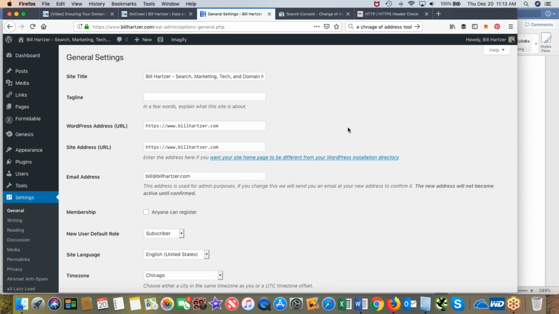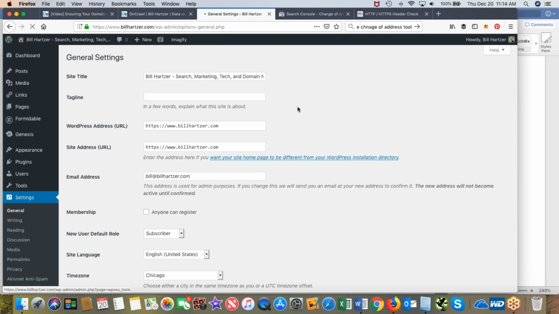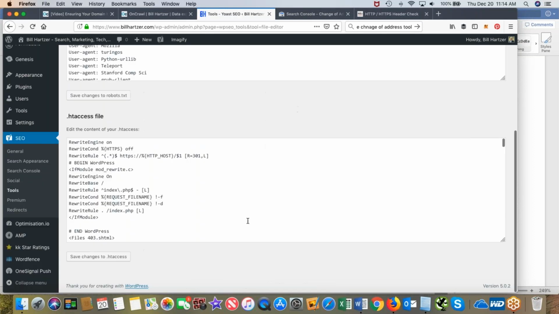So basically, at this point, WordPress should change a lot of these settings. You can verify. The other place to look is, I use the Yoast SEO plugin. So you can actually look in Yoast, under Tools, and this file editor actually allows you to look at the htaccess file. So essentially what happens is whenever a request is made for HTTP, for example, on your website,